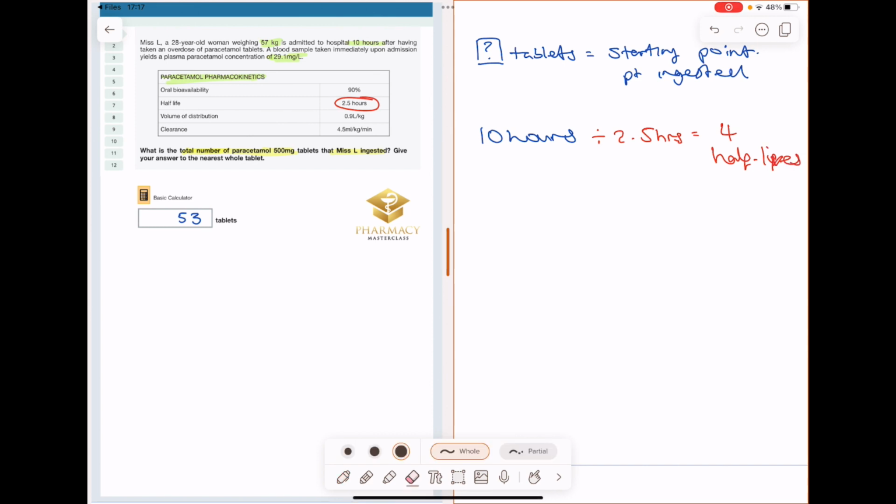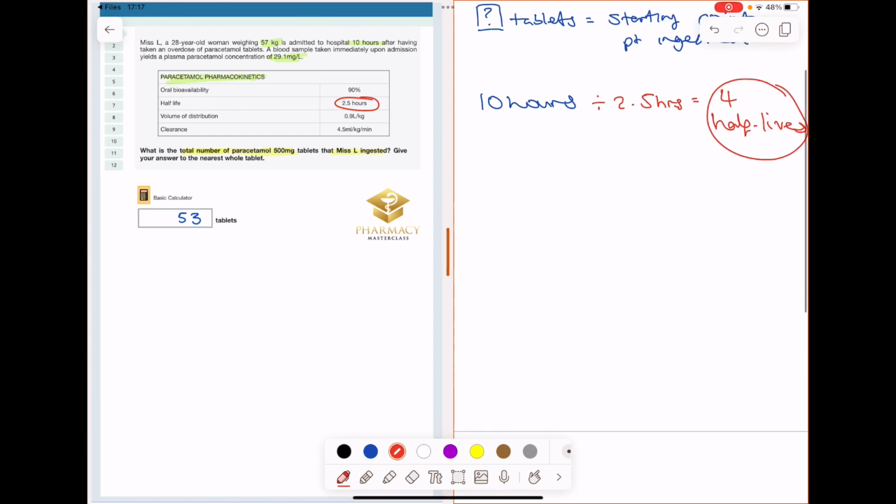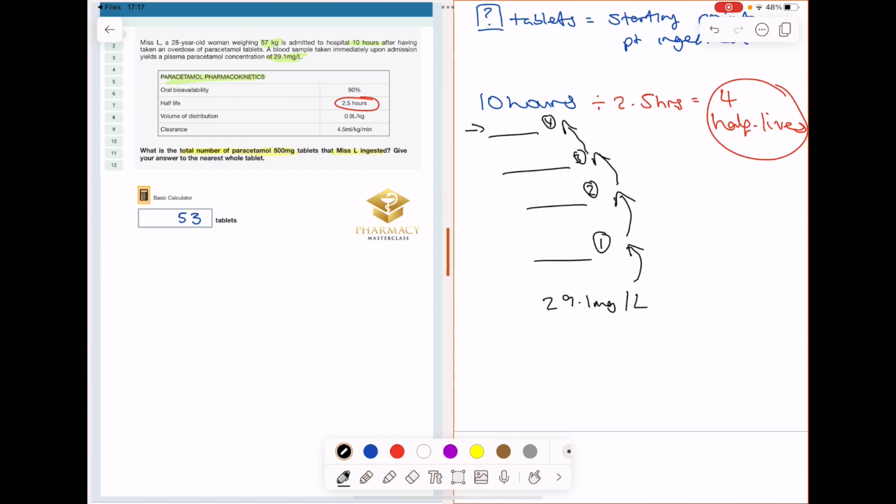Sorry, there's no F in half-life, is there? Oh my days, let's fix that. Half-lives, there we go. So 4 half-lives have passed so far. What that's telling me is that when I've got this concentration, 29.1 milligrams per litre, I would have to go back up 4 half-lives. So if there's 1 half-life there, 2 there, 3 there, 4 there, to get to the starting point up here,